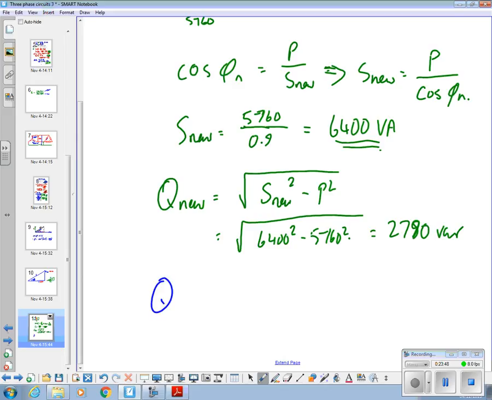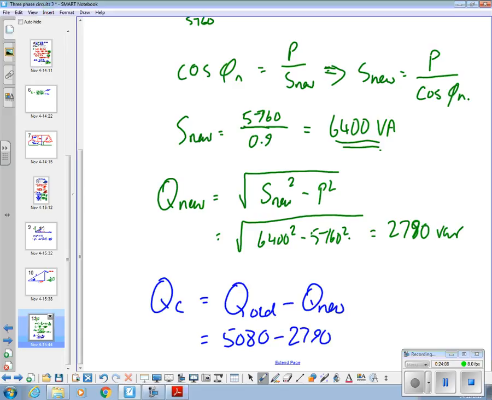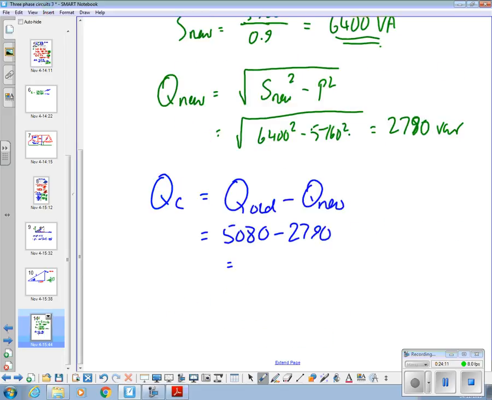So QC, ultimately QC is equal to Q old minus Q new. That is, what was the Q old? 5080 minus 2790 equals